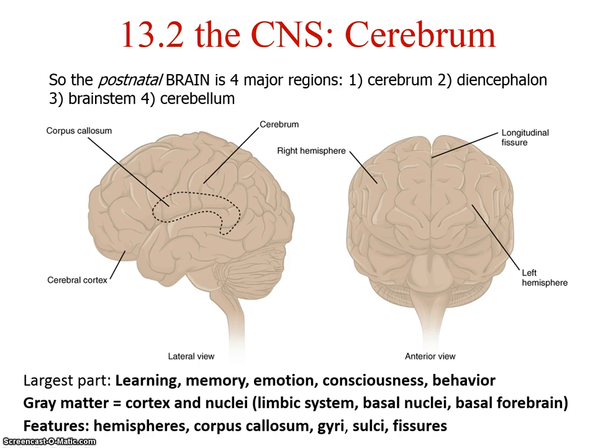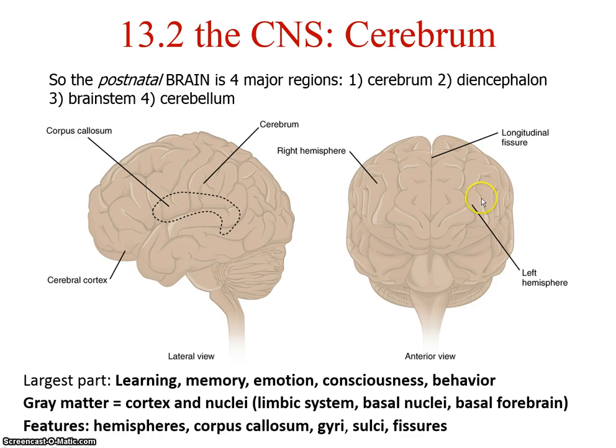All right, now for the stuff that we really are going to test on. The cerebrum. So the postnatal brain, after you're born, has 4 major regions: cerebrum, diencephalon, which still retains that embryological developmental stage name, brainstem, and cerebellum. Okay, so the cerebrum, as we talk about here, is really the bulk of what we consider the brain, and